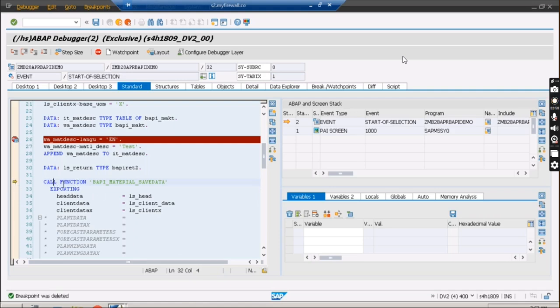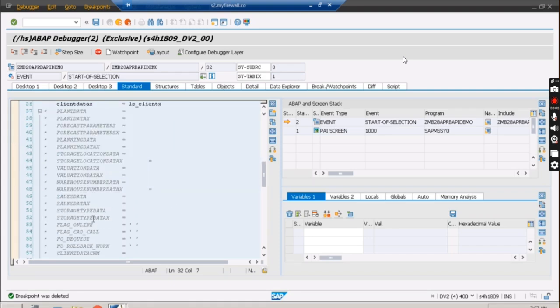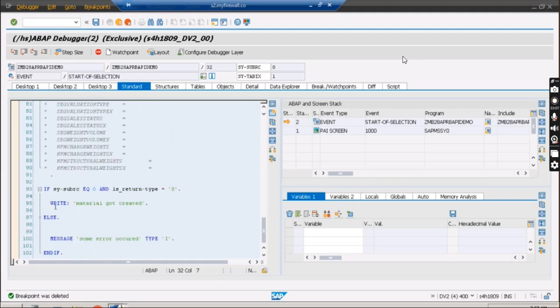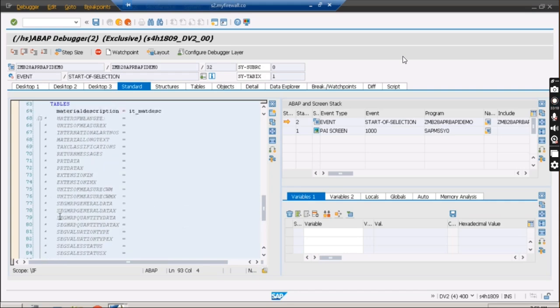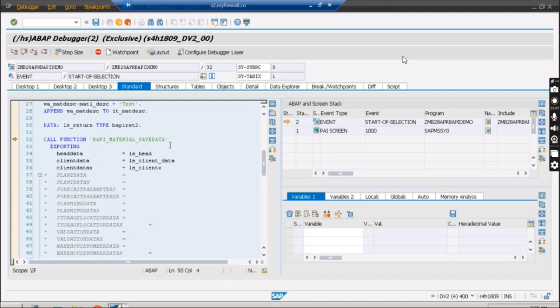But if you put the cursor over here and press Shift F8, it will stop over here. It will execute this statement also and it will stop over there.